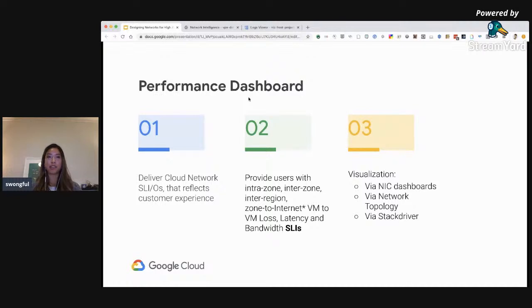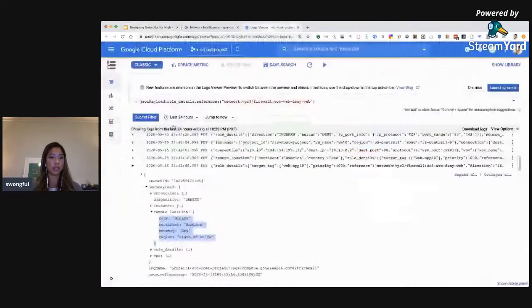We also have the performance dashboard. This is for when performance issues arise, so you have a better understanding of packet loss and round trip time for latency. And it's a dashboard that collects information from all the projects you have. And there's no manual setup. You just get this built in. And you can get some real-time information about packet loss and latency metrics so that you can serve better SLIs for your users. So I'll just quickly show you what that looks like.